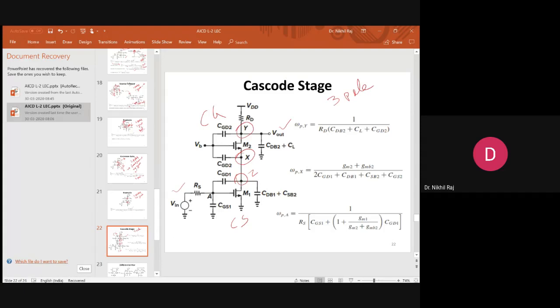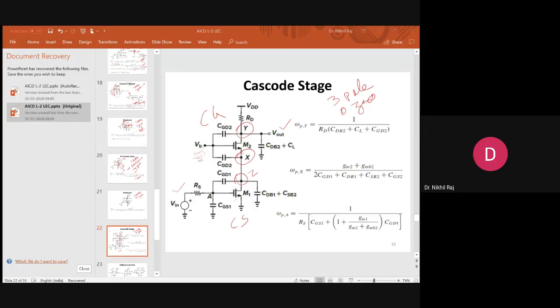Okay, now will any zeros be there? From input this will be grounded, no path. From here feed forward came to this z. From z it went to x. From x it went to vv, and vv is grounded, so no connection to v out. This means no feed forward path is there. Since no feed forward path means no zeros will be there. Okay, this I am doing as a rough estimate. Maybe a zero can be found if we do the exact analysis, but most probably it will not come.